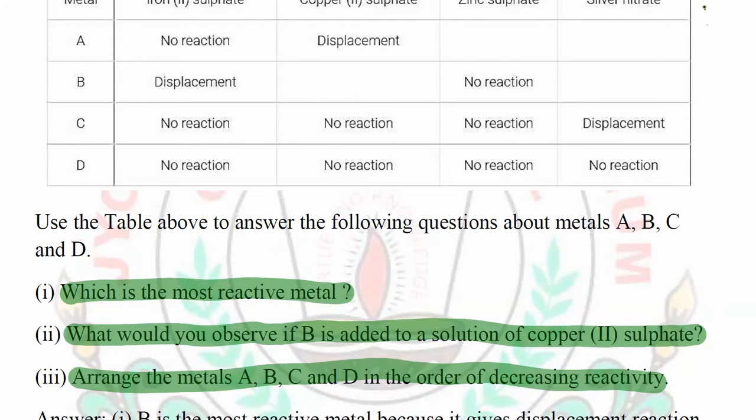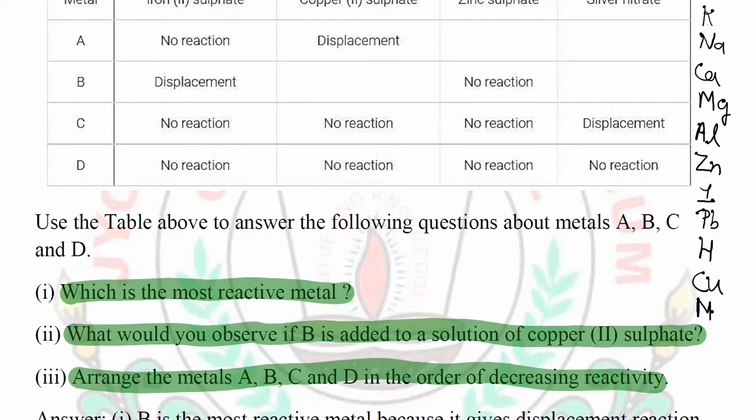So it will be potassium, sodium, calcium, magnesium, aluminium, zinc, iron, lead, hydrogen, carbon, not carbon, copper,